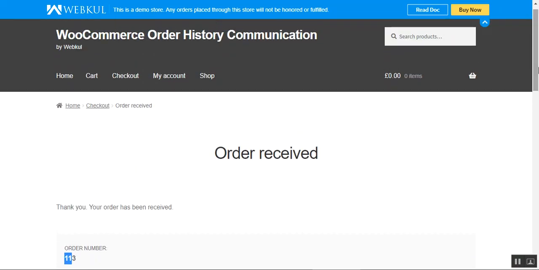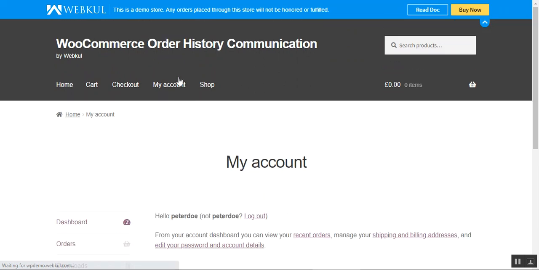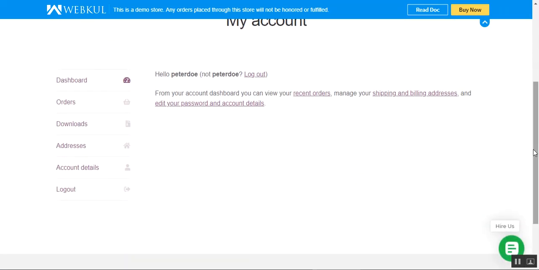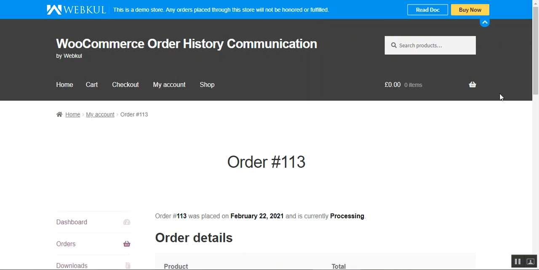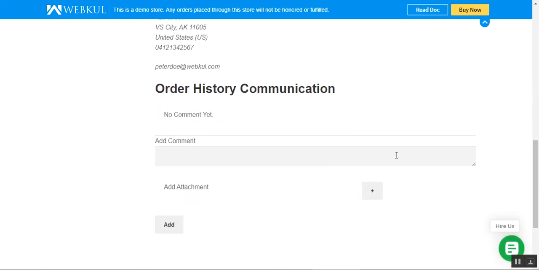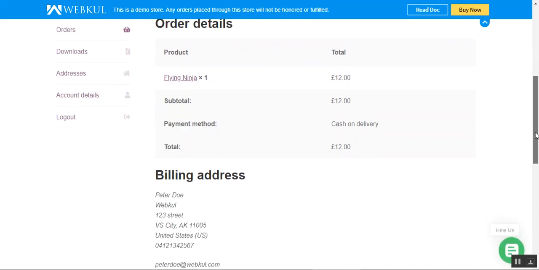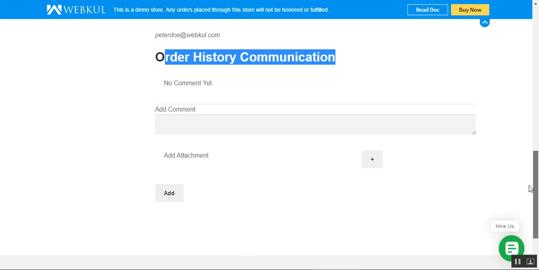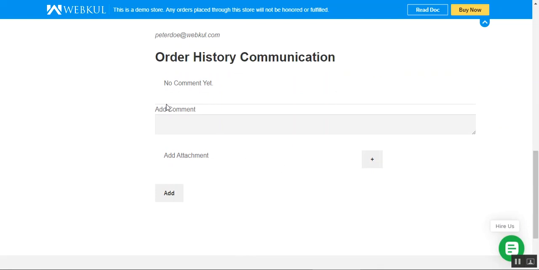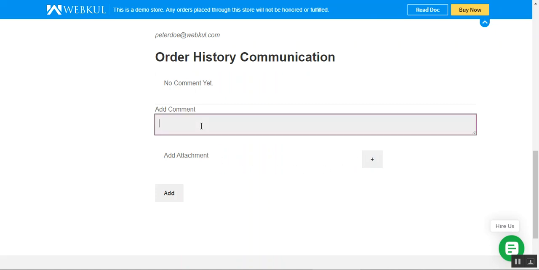Now here are the details of the order. Now as a customer, if I find some issues or I have some queries regarding this particular order that I've just placed, maybe there are 2 products, 3 products, or multiple products as well, what I'll do is I'll go to the orders section. I'll open the particular order by tapping here on the view or the link, and I have to just scroll down on the order history page for the customer, and here you can see that we have the order history communication. So right now we haven't communicated for this respective order, so now we can do the same, and we can also add some attachments along with it.